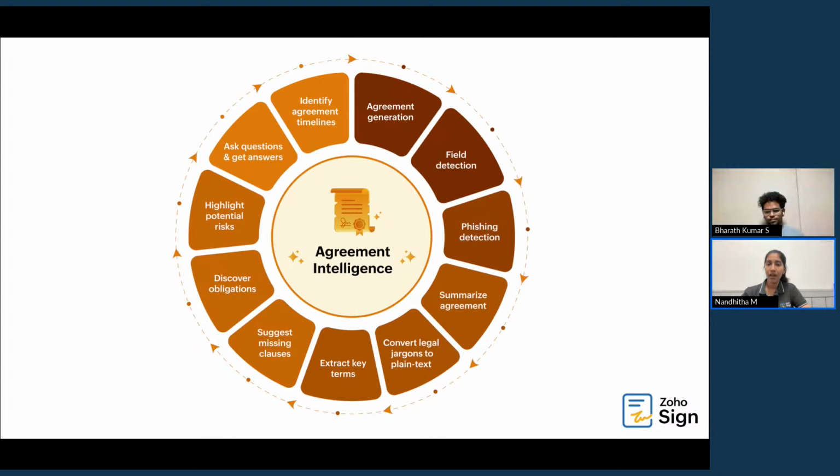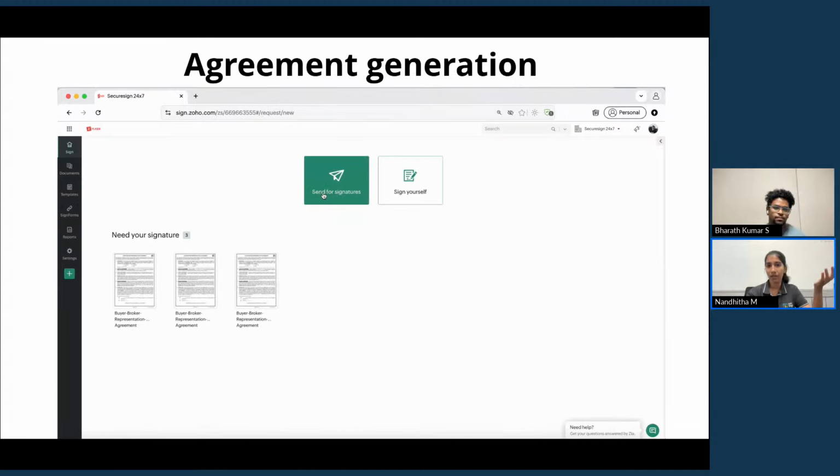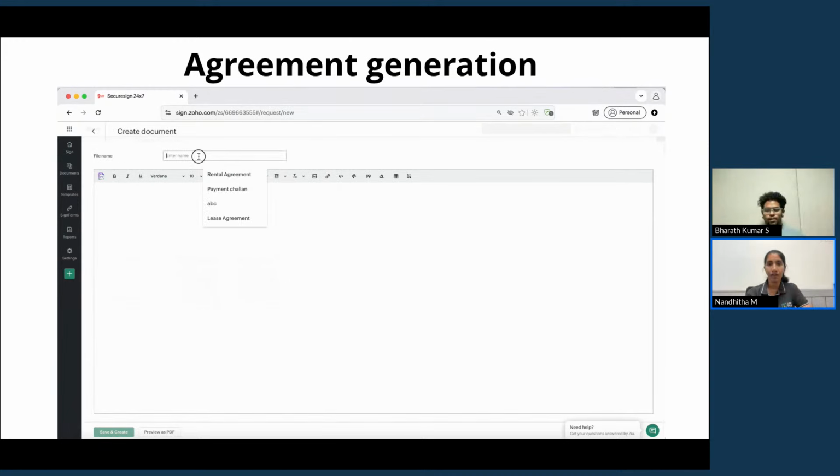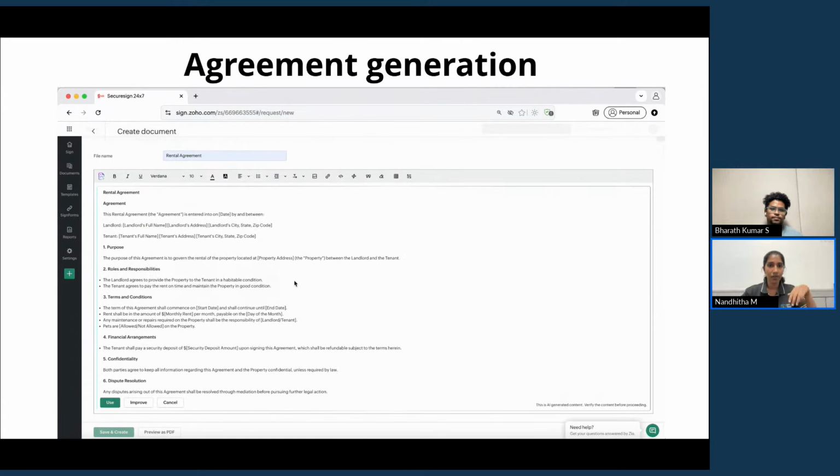So just like he said, I would like to take you through the very first option that he said that you can enable AI and do within Zoho Sign, which is agreement generation. So earlier, say there's a situation where you have to sign a particular document, but you do not exactly know what it looks like or what kind of a document needs to be drafted. You'll spend a lot of time sitting and generating drafts of this and sending it to people to get it double checked.